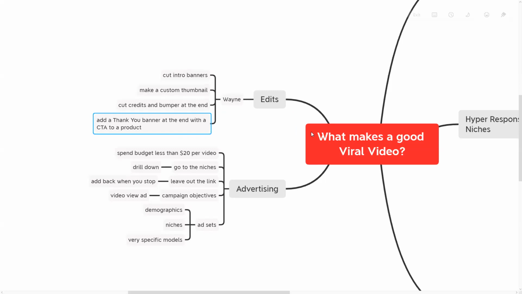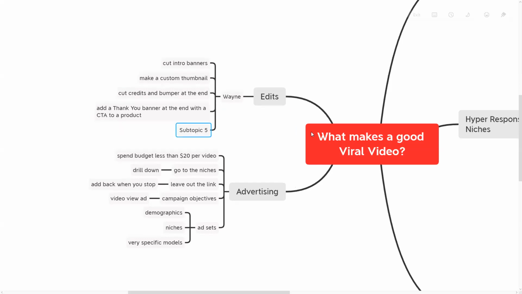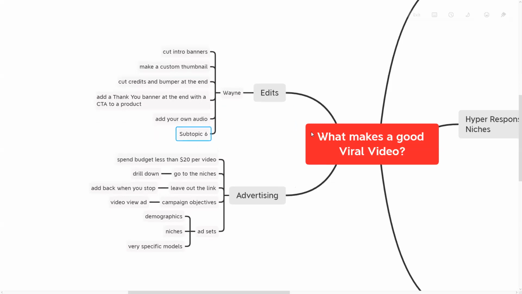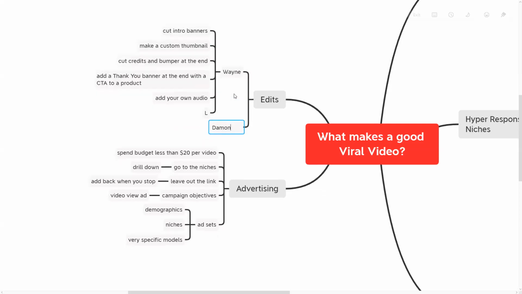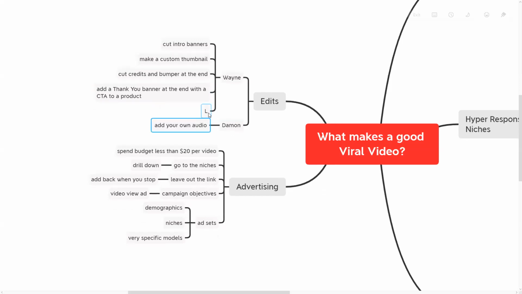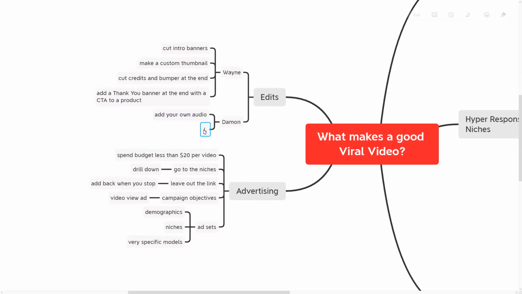And you could add your own audio, and you could do that. I'm going to paste it in here. Let's go over here. I'm just going to create these. These are just some suggestions that I have. Add your own audio track, and I'll give credit where credit's due. Lon Naylor,